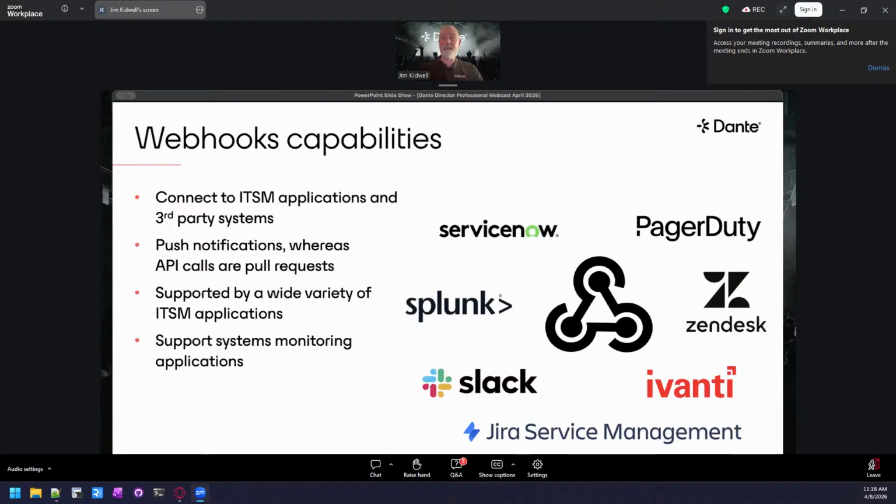You can go and fix it before your end users and your customers ever know that anything ever went wrong. So if you have an ITSM application that you're interested in integrating with, we may have existing integrations for a couple of these. I know we have for PagerDuty and ServiceNow, but these can be built for anything else too. It's basically just understanding the webhook data that's coming in and making sure that it's translated properly into what that target application is expecting. It's not rocket science here, but it's something that can be incredibly powerful for you and your users.